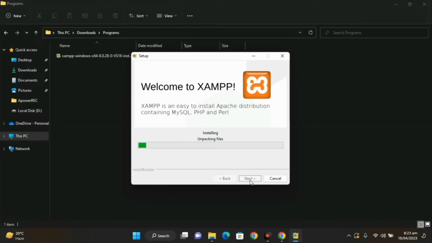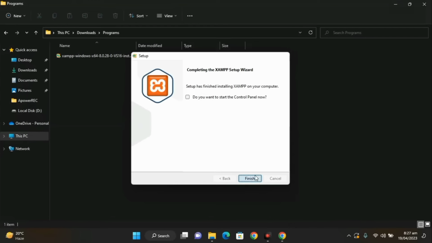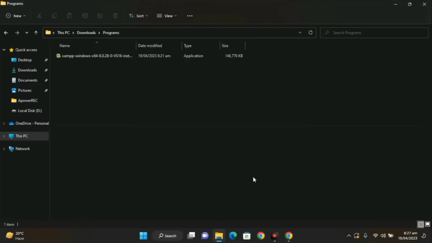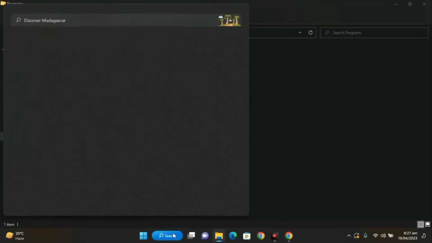It will take a few minutes to install the XAMPP server, so wait for the installation. After the installation is complete, you can search for XAMPP server